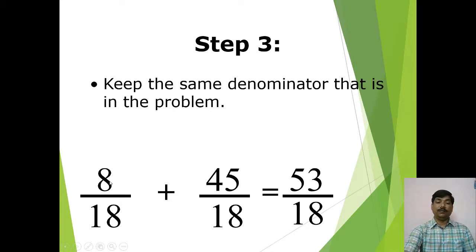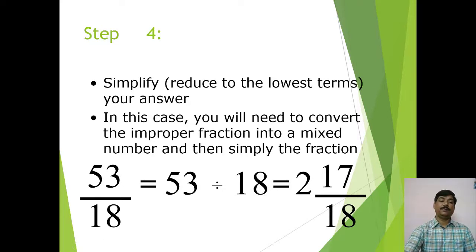So the sum of 8 upon 18 plus 45 upon 18 will be 53 upon 18. As 53 upon 18 is not a proper fraction, not in the simplest form, so we have to check which type of fraction this is. This is an improper fraction. We can reduce it. We can write it in